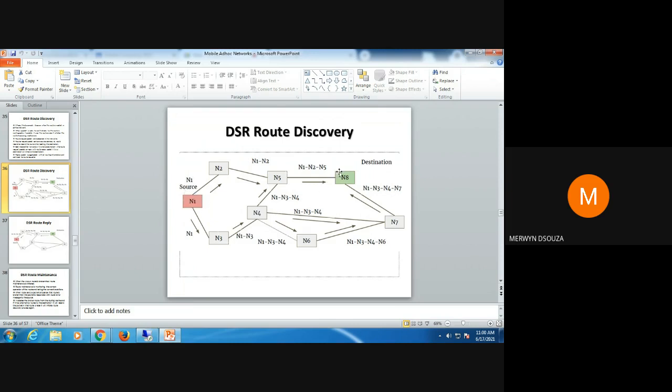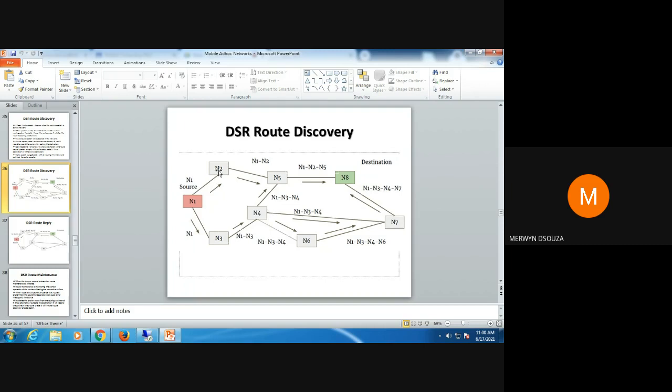The other nodes along that route may not be updating because they may not be sending any packets to N8. In future, if they send packets to N8 and don't have an entry in their own routing tables, they will repeat this process, but the source node will then become that particular node. If N2 wants to send a packet to N8, then N2 becomes the source node, and this process will be repeated. By that time, some of these nodes may have moved away from the network because it's an ad hoc network, a MANET, so the network may no longer look the same.